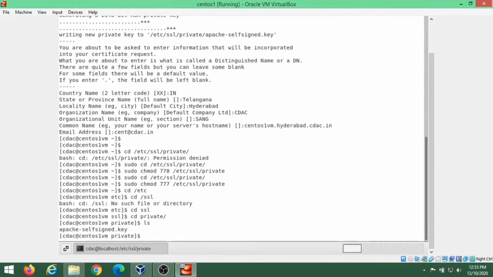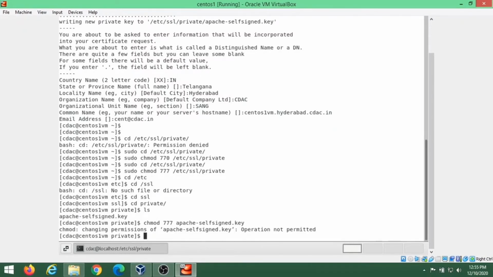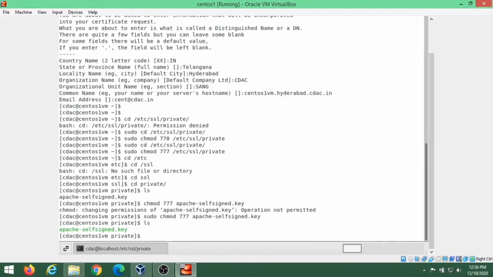Here we can see our Apache self-signed key is present under this path. We will give the permission so that we can access this file. We will give the sudo privilege. The permission has been given.